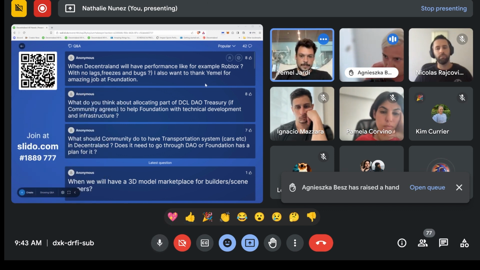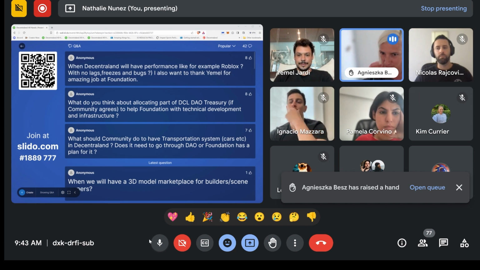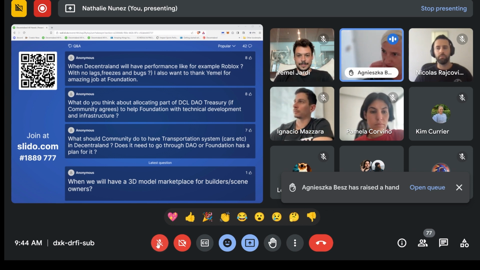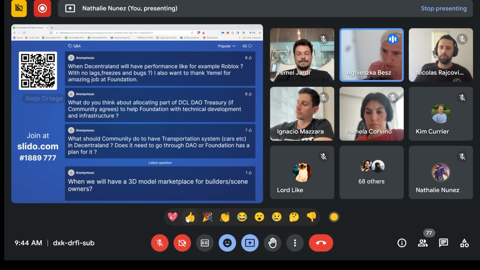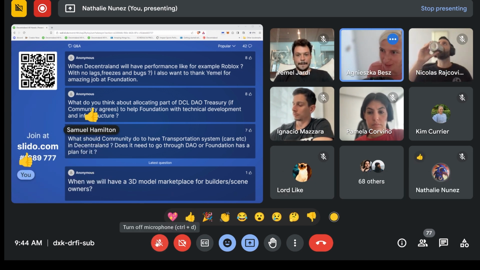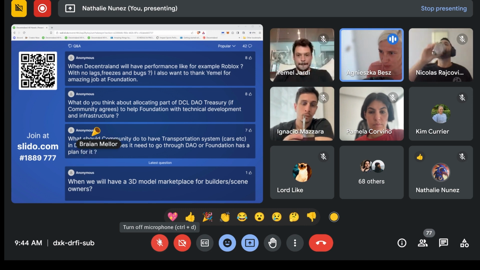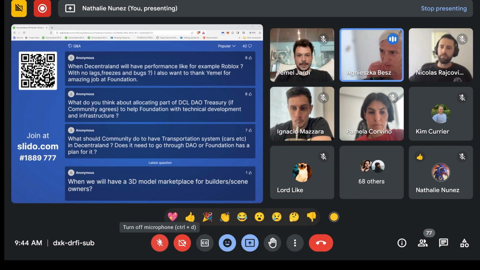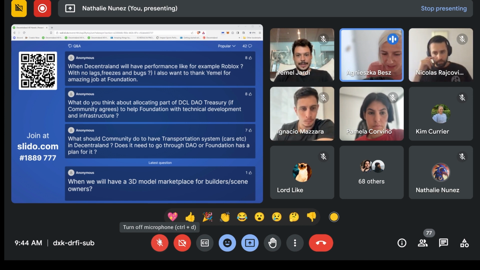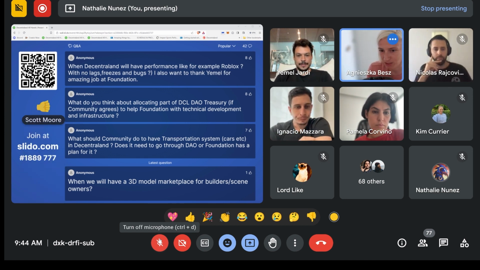Just to add on top of that, the main difference and the main challenge that we are facing compared to Roblox is that we have a huge open world where you can traverse. Roblox avoids that by having single scenes that people just load into. So we have a little bit of extra challenge that we are taking on board with the new project that Yemal mentioned, to design that properly from the start and get the performance that everyone wants.